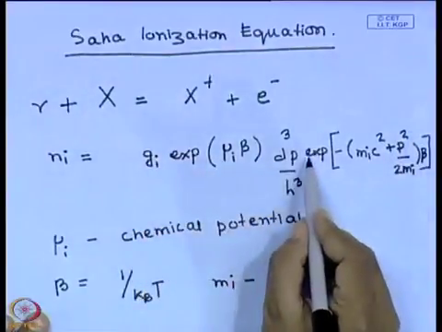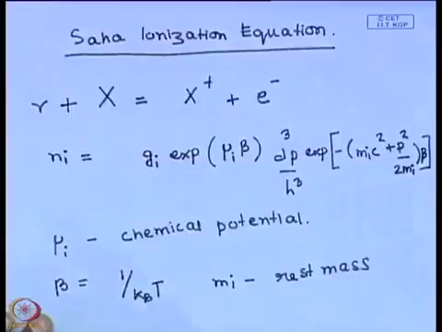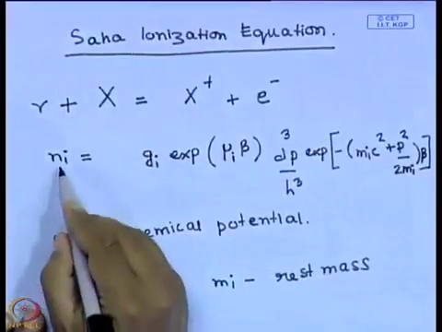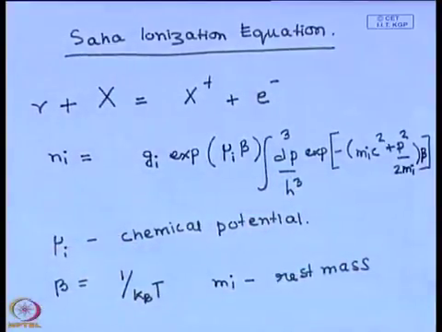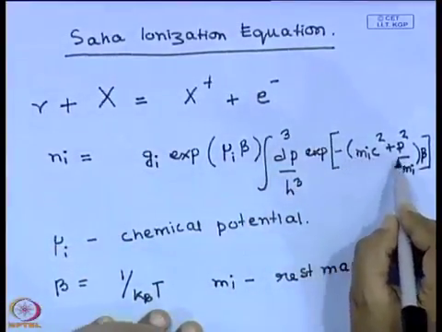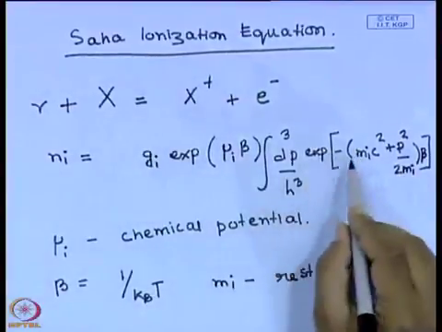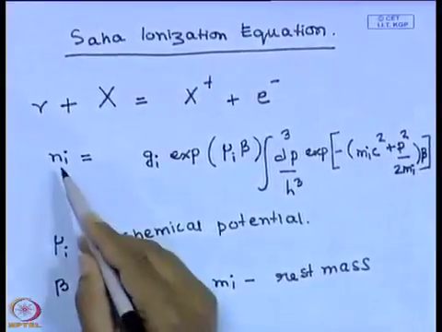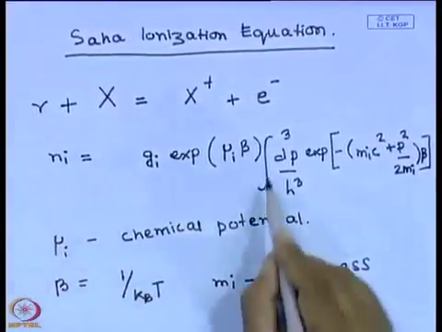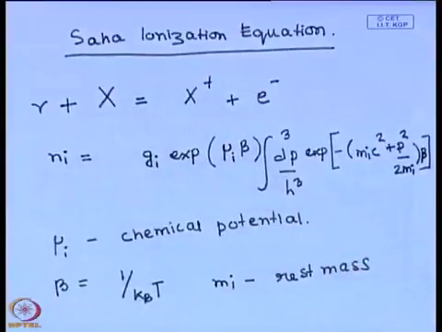It has the temperature and the chemical potential of that species, also the spin degeneracy. To find the total number density, I have to integrate over all momentum states. Okay. This is basically e to the power minus the energy into beta, that is the Boltzmann factor. To find the total number density of a particular species, I have to integrate over all momentum values. Okay. So, this will give me the number density of that particular species,